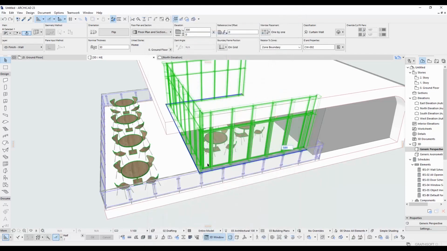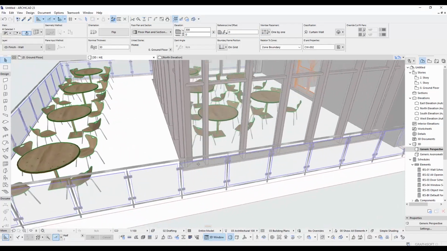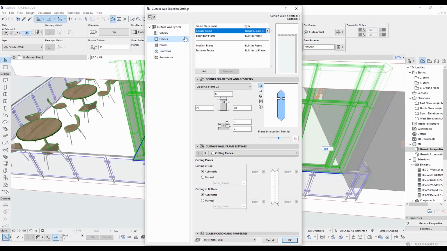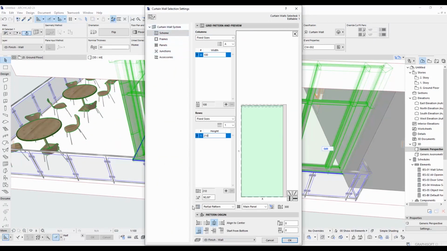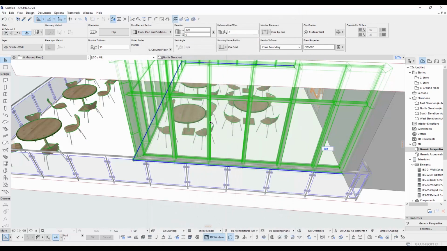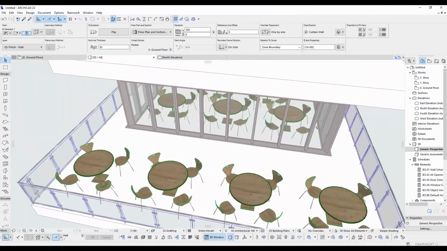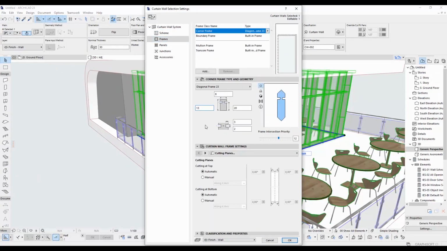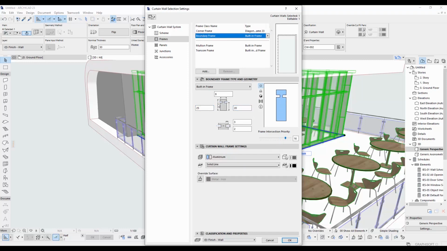We need to fix this frame. It must start from this corner, not the end divided, so I'm gonna go to scheme and pattern design and click the start with pattern. I'm gonna do similar changes. You should try these parameters and experience the results. I'm setting the thickness to 13.